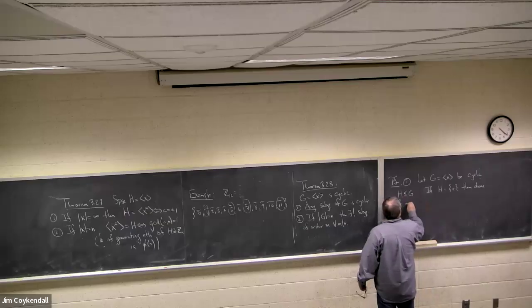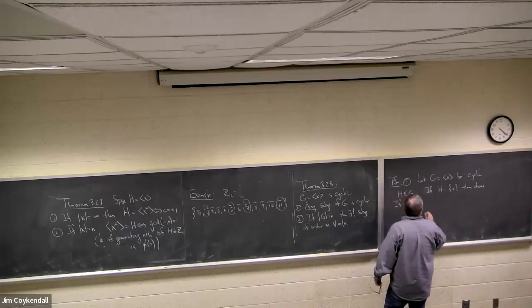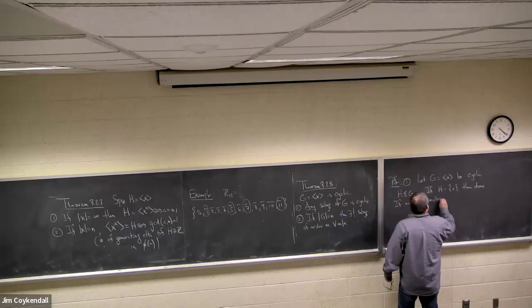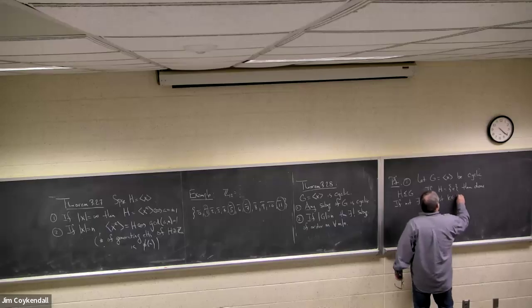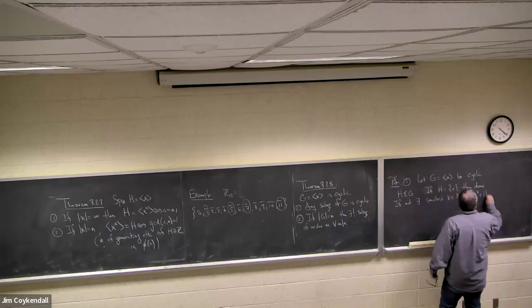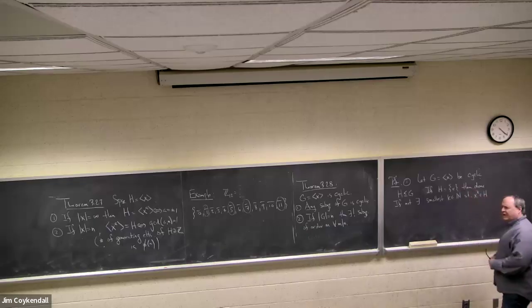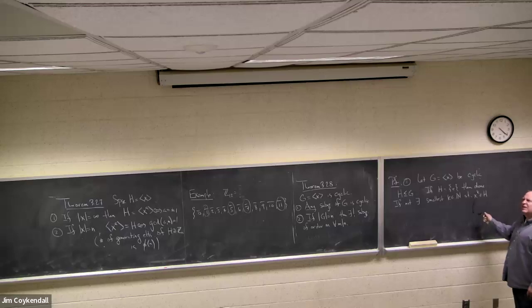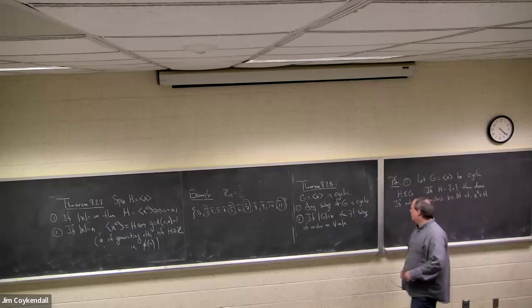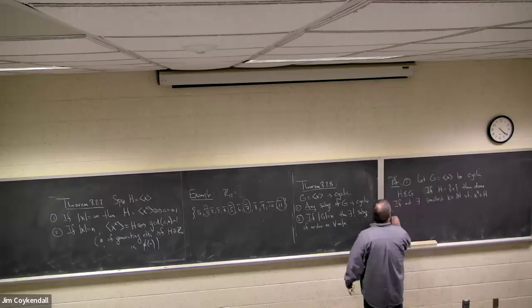If not, there exists a smallest k in the natural numbers such that x^k is in H. You might say, what if they're all negative? But remember, if k is negative, its inverse has to be in there, and so that would be a positive exponent. I claim